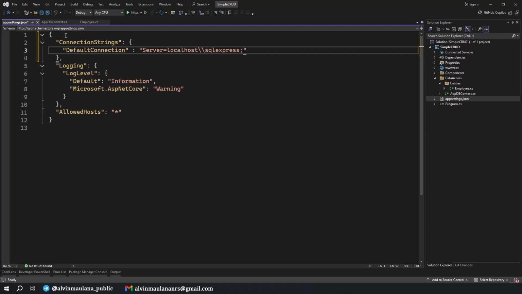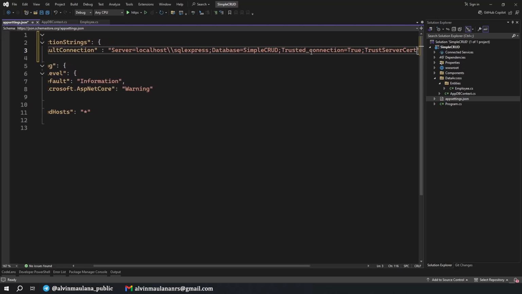Okay. And then database equals to what database we want to set, yeah, simple CRUD. And then we need to have this one, trusted connection is true and trust server certificate is true. Maybe we standardize to lowercase true, and this one capital.